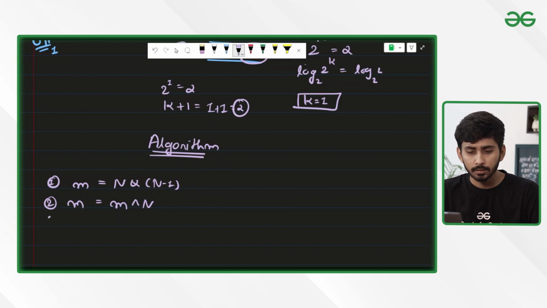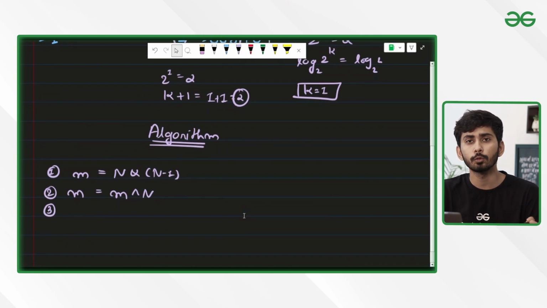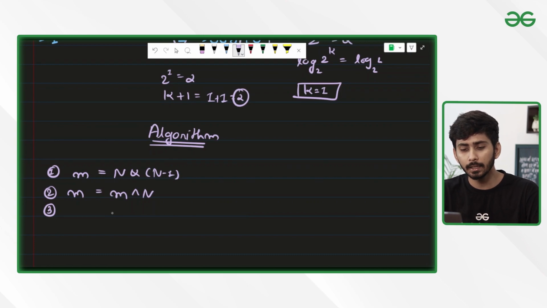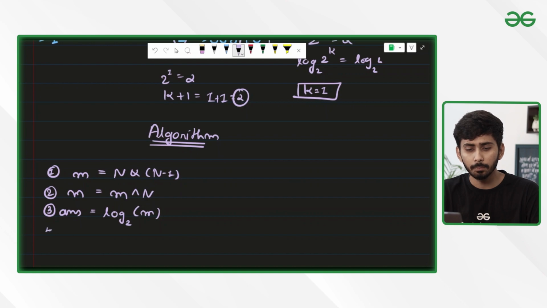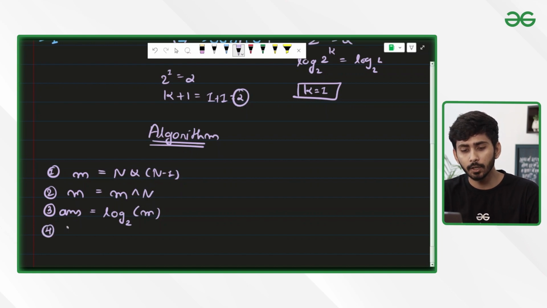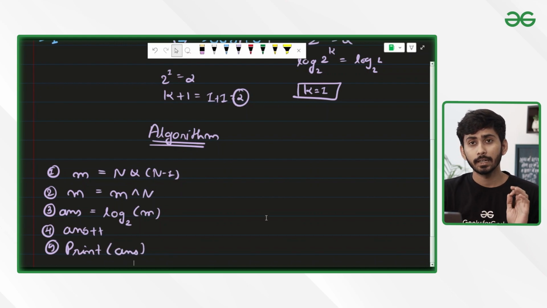So now the third step is to find out that after applying the XOR operation, what is the power of 2 that will represent m. So basically I can apply the logarithmic operation base 2 on this m, and that will be your answer. So basically the answer will be 1 based positioning. So basically I'll increase the value of answer by 1, and you will be simply needing to print the value of answer. So at the end, simply print answer variable.